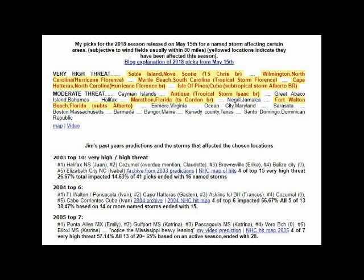Look right below there, 2003, my #1, Halifax, Nova Scotia, hit by Juan. 2004, my #1, Pensacola, hit by Ivan. 2005, my #2 and 3, impacted by Hurricane Katrina. In fact, that year I even made a video stating that there was going to be a high death toll in the Northern Gulf this year. It really concerned me in 2005, and then Katrina hit. Last year, Hurricane Irma, Marathon, was my #1 pick, and they took a direct hit from Hurricane Irma, and here we go this year with Wilmington. Check it out,